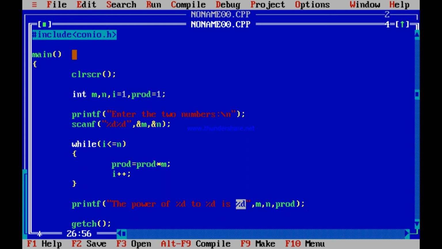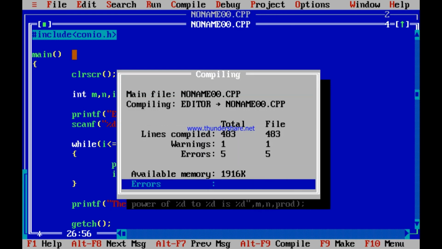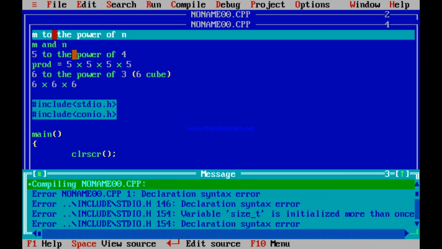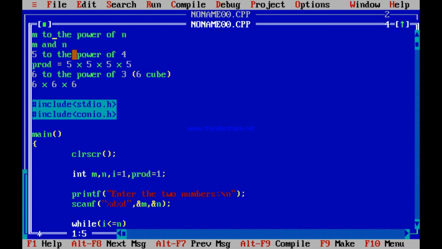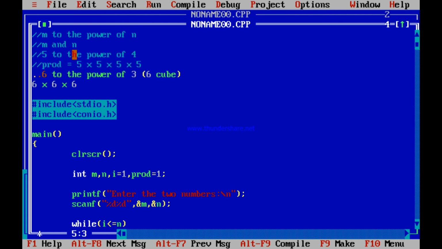This is how you run it. So I run the program now. Oh, error. Once more that same error. Remember, I did not comment out the parts where I am explaining the program. So you need to comment those out. Okay, sorry. This will work fine now.